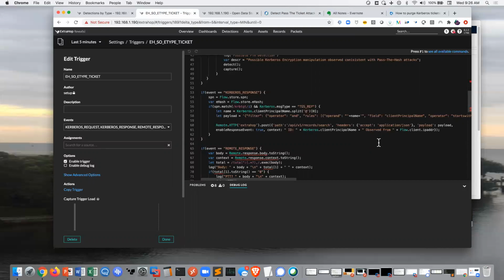So we've observed someone using an administrative ticket, right? We're observing someone using the domain admin ticket. So the next question is, has that actual account logged into this workstation? So that's what we're looking for, right? And to do that